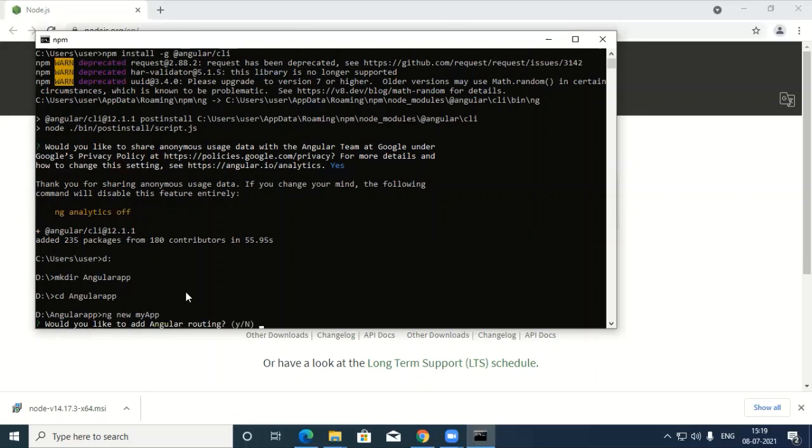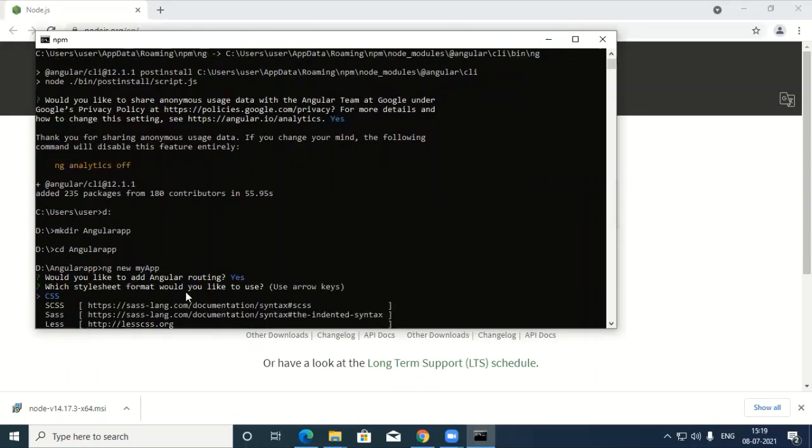It asks, would you like to add Angular routing? You will say yes, and once you say yes, it will ask which type of style sheet you want to use. Do you want to use SASS, SCSS, LESS or CSS? You can move through the options with the up or down arrow.